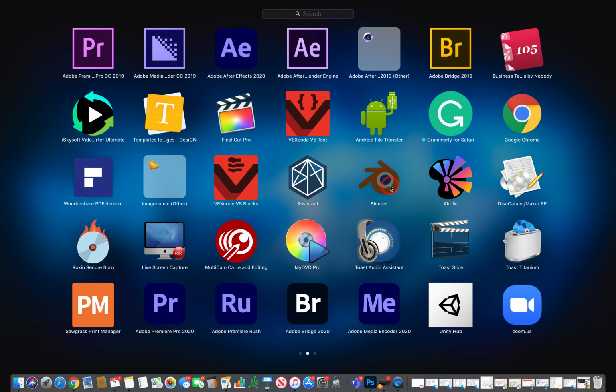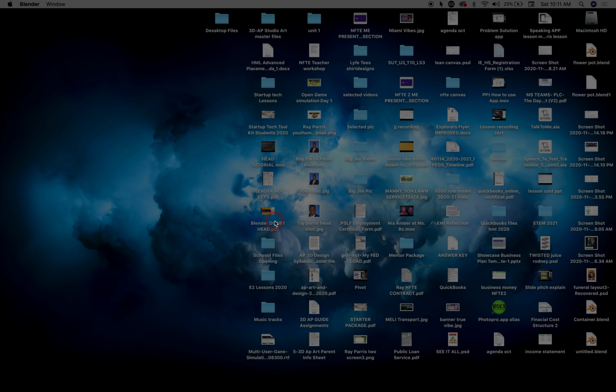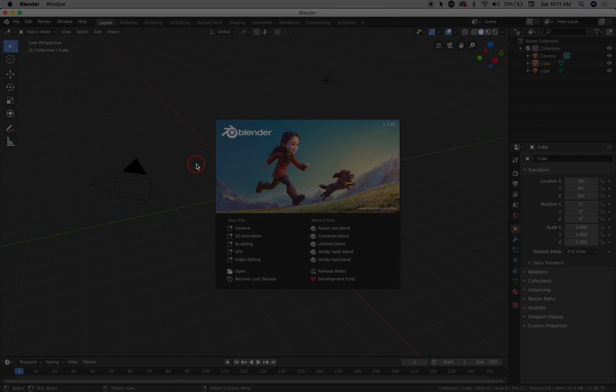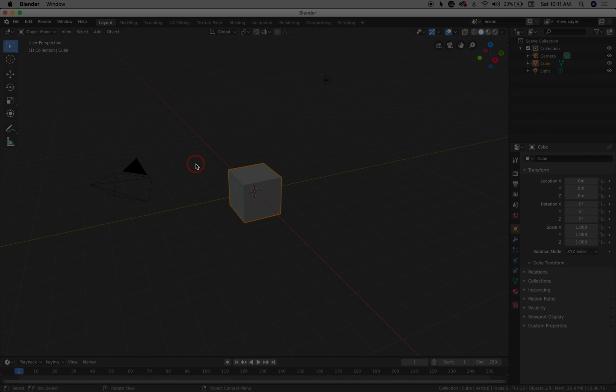Click here, and here's Blender. It allows you to do a lot of cool things, from building 3D models to animation. Now when it loads, it automatically gives you a mesh to work with. So if I press X,